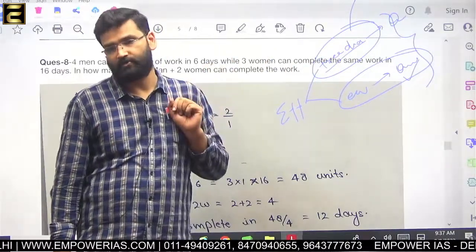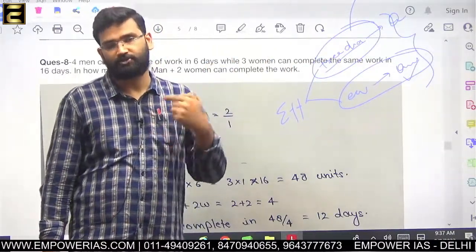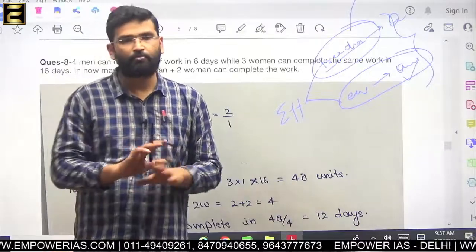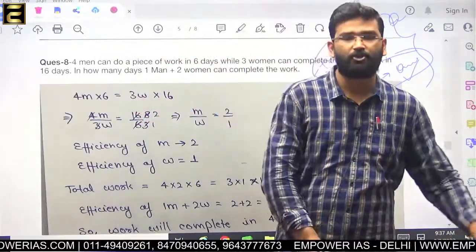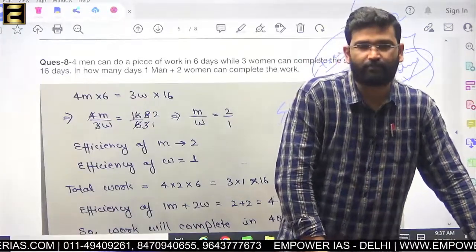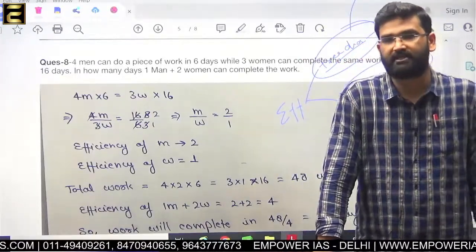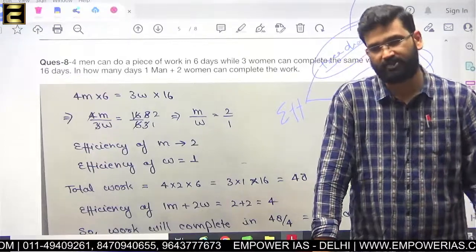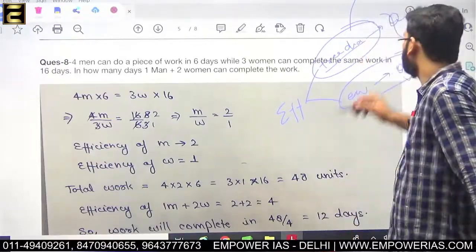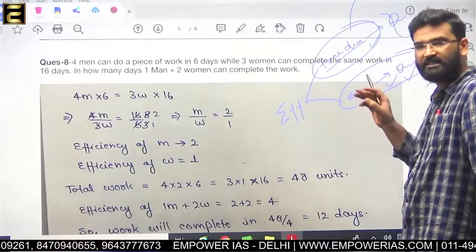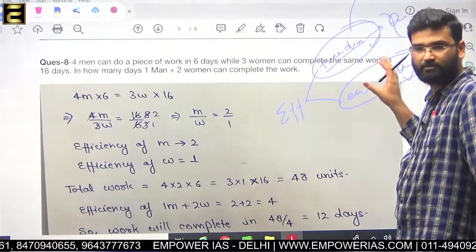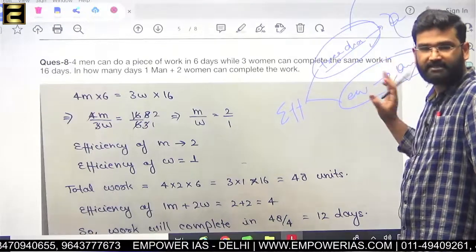You people only. Whenever you are going to solve the questions, no more questions from outside, only the questions which I have discussed here, along with UPSC previous year questions. When you are comfortable with all these questions, then with a look over the question you can decide whether you have to follow this method or this method. Now I will try to explain this with an example also.